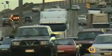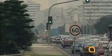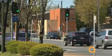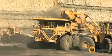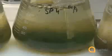This is a worldwide problem, increasing traffic, not only because it's clogging our roads, but because of the fuels it uses. And whether vehicles use petrol or diesel or liquefied petroleum gas, it all comes from under the ground, and we're running out of it, which is why researchers are now turning to biofuels, fuels that can be grown instead